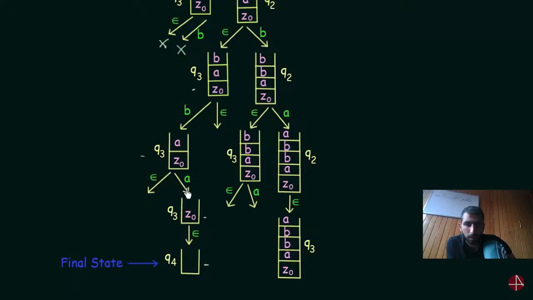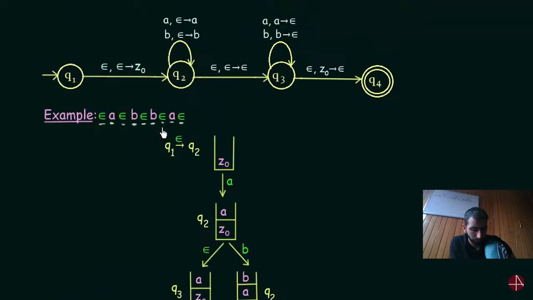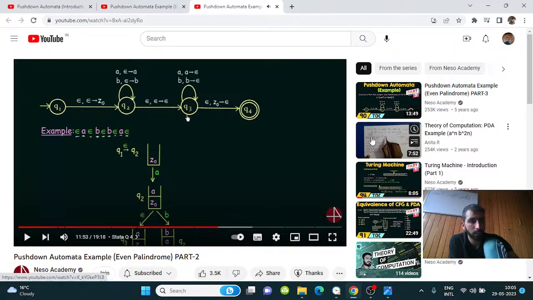Now here, instead of reading an A at state Q3, if we read epsilon, then what would have happened? What I am talking about is this one. Here, after we reached this epsilon, we read A and it was correct. But instead of reading this A, if we read epsilon, then what would have happened? In state Q3,